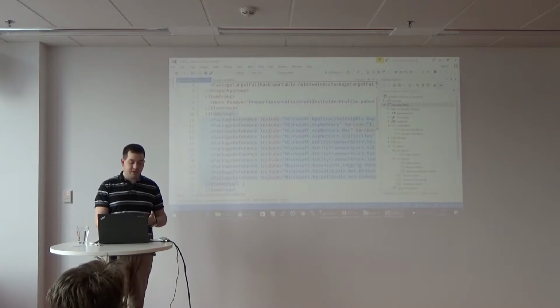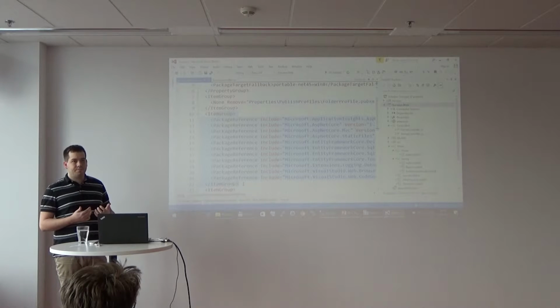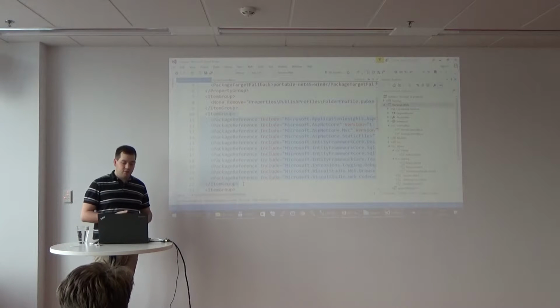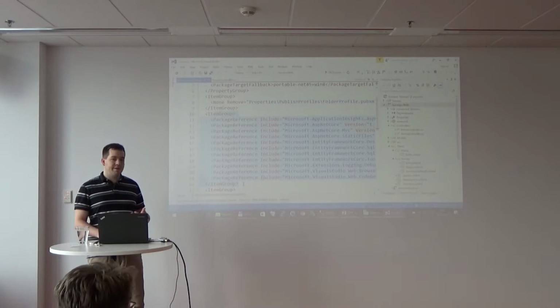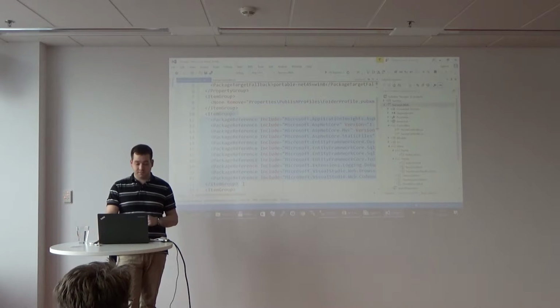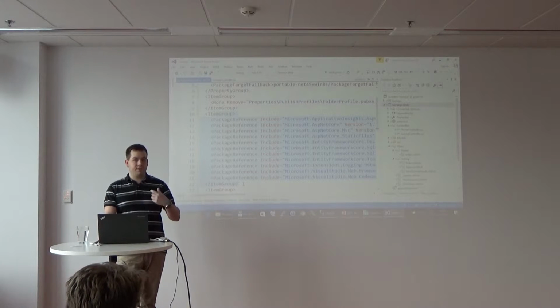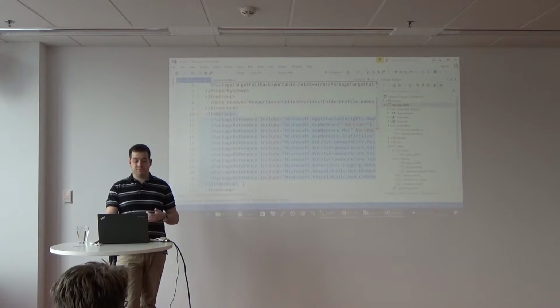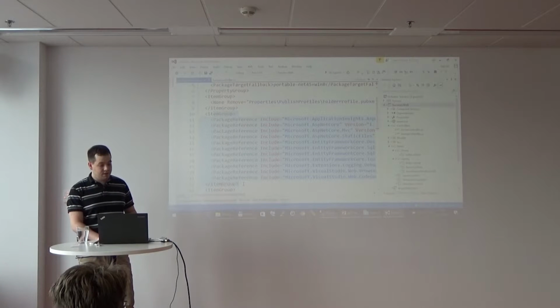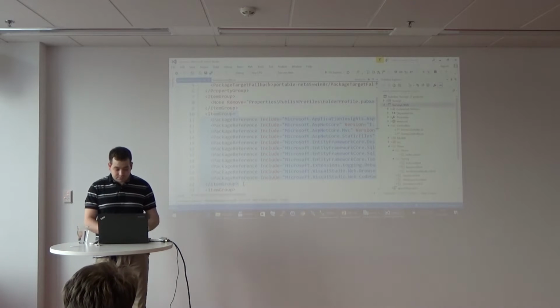In older project versions in the .NET Framework, you got something called packages.config, and it contains all NuGet packages that are installed in the project. Right now they moved it to the project file itself because it makes more sense, because in the project file you already have, for example, references to other projects. So right now you also have references to NuGet packages you want to use inside your application. It's just like package.json in npm for Node.js.